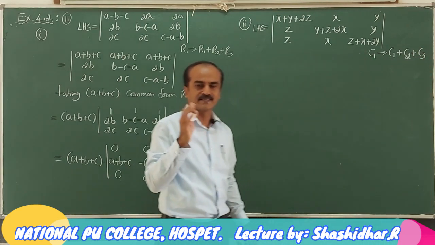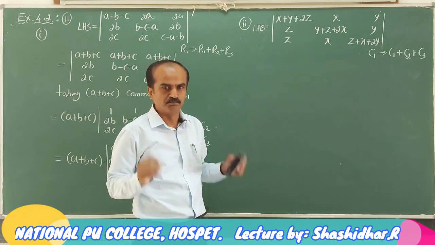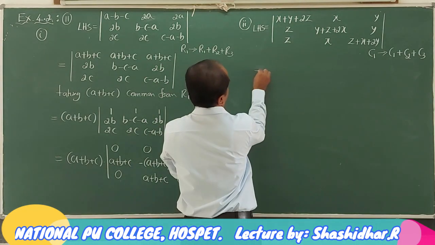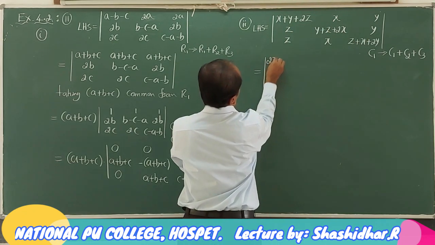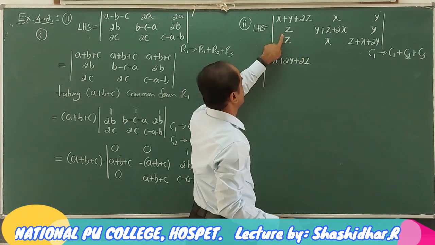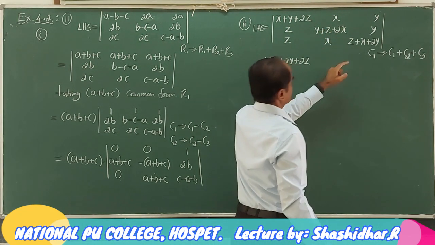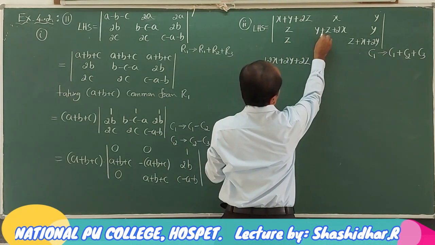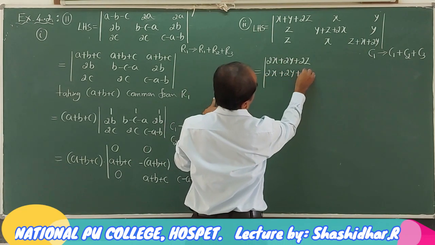That is, we are adding the second column, third column entries to the corresponding first column elements. By that, you are going to get 2x plus 2y plus 2z in the first column. So here x plus y plus 2z plus x plus y, you are going to get 2x plus 2y plus 2z. In the first column, second entry is z. In the second column, second entry is y plus z plus 2x. In the third column, the entry is y. Add these three now: z plus y plus z plus 2x plus y. You are ending with 2x plus 2y plus 2z.